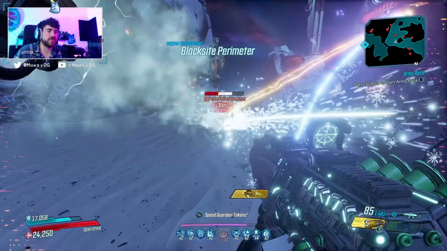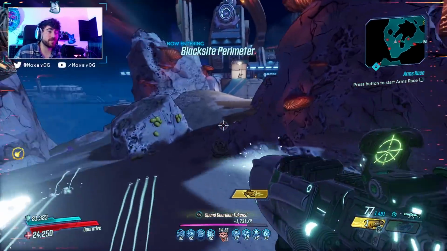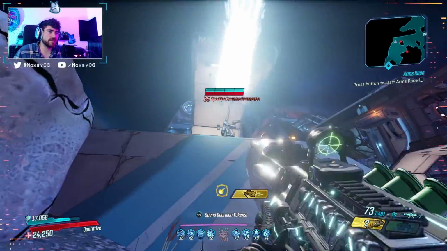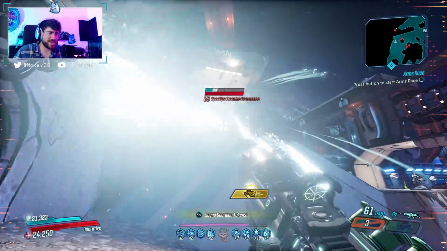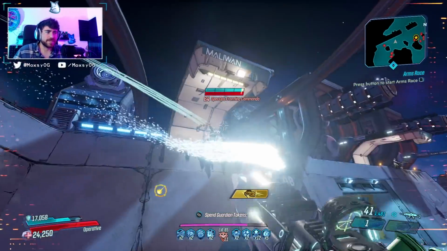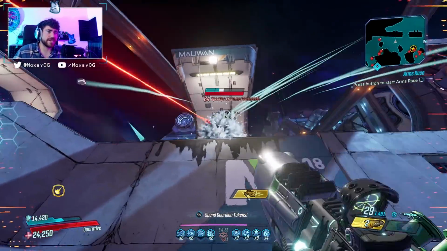Now, if you want to go farm this weapon, you can go to the Droughts and farm Truffle Munch for it. I apologize for not stating the Baby Maker's drop location earlier. That should have been in the video, but this thing can be farmed in the Droughts, and it's just